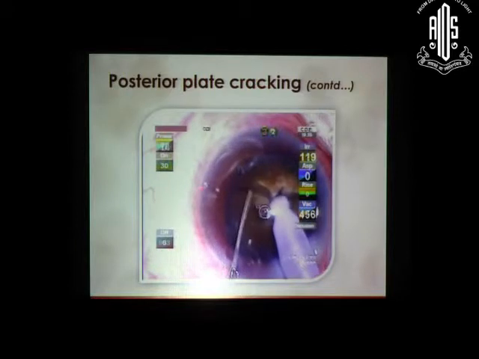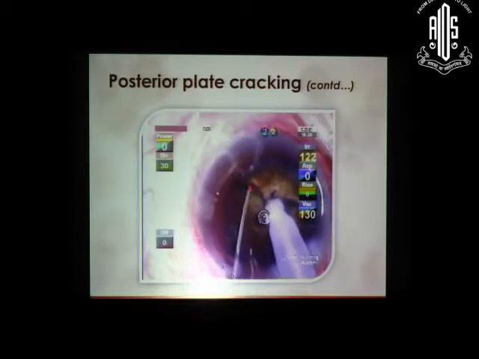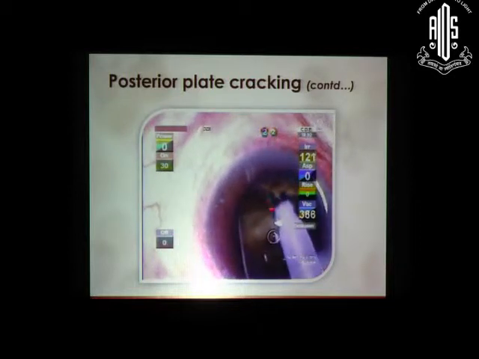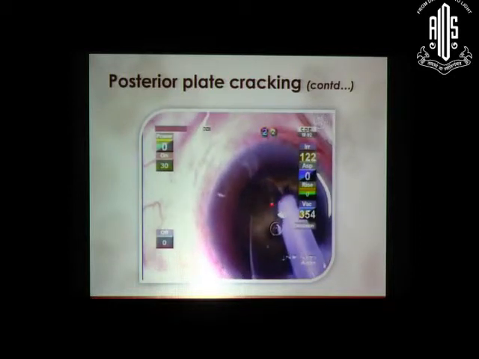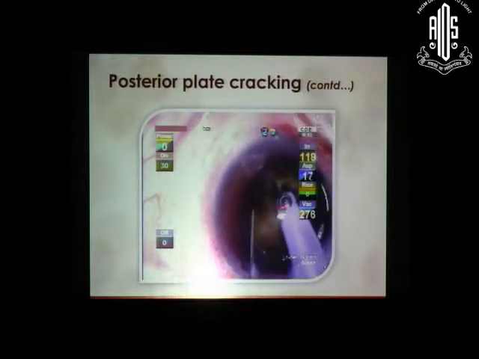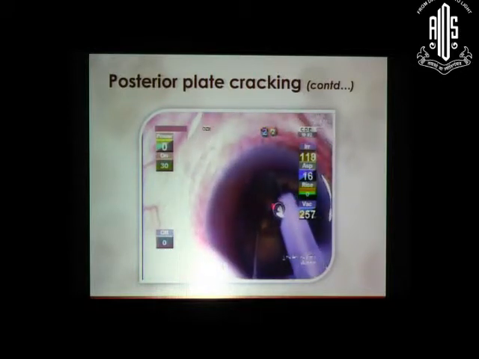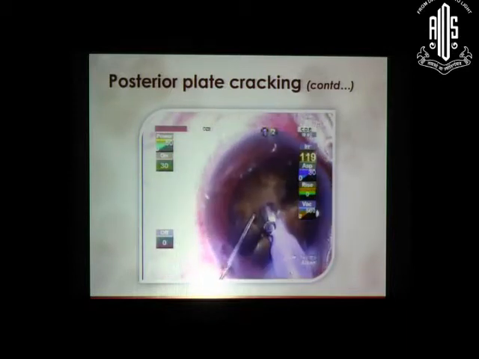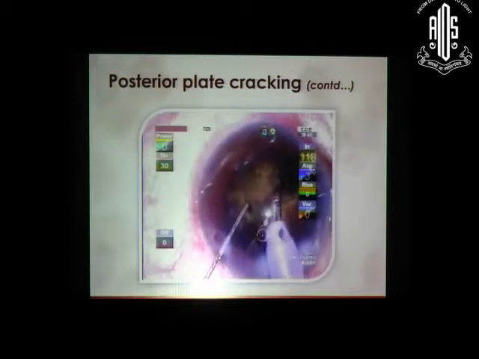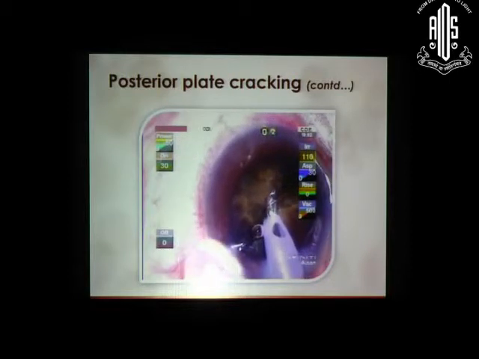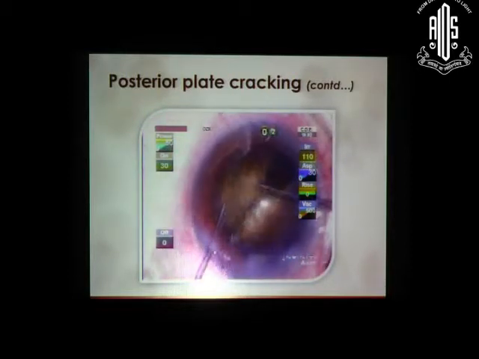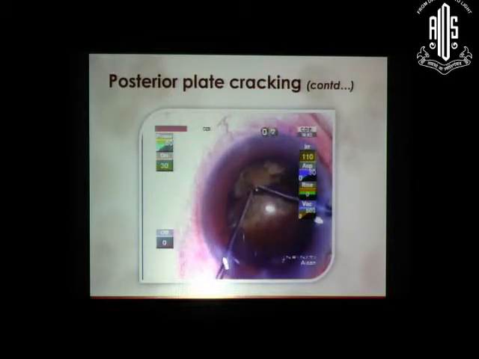And we initiated the crack on the periphery. The crack is going to the center, but it is attached here. Though we are applying so much lateral separation, we are not able to separate the central part. Again we are trying, then we took out the phaco probe, put some viscoelastic, then we use two